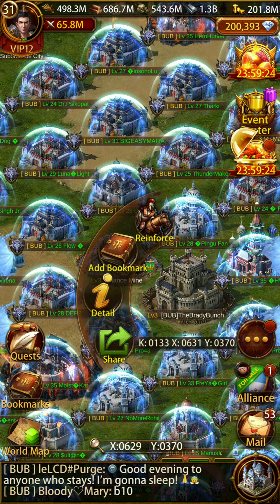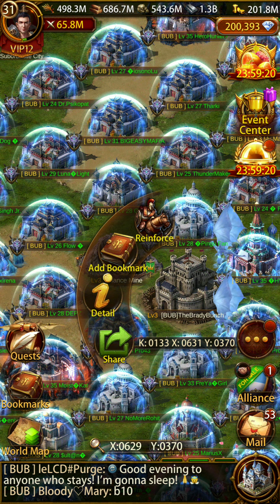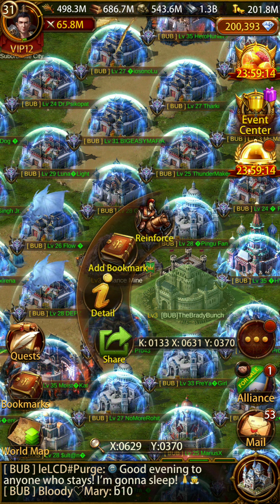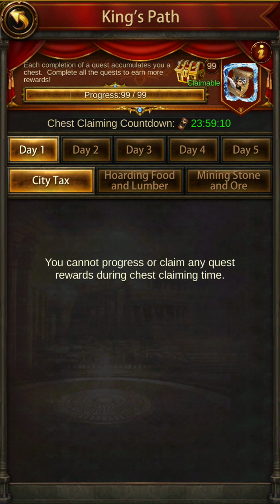No problem, just attack. What happens is when they attack your alliance city with T1 troops, this gets counted and you can simply get the rewards. Once you get all these rewards, after the entire event is complete, you will have only 24 hours. That's when you have to claim